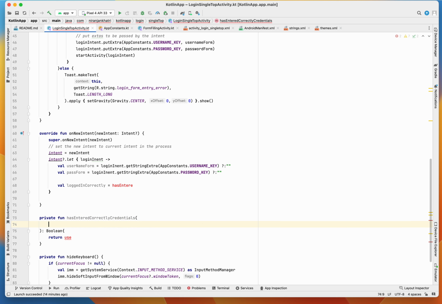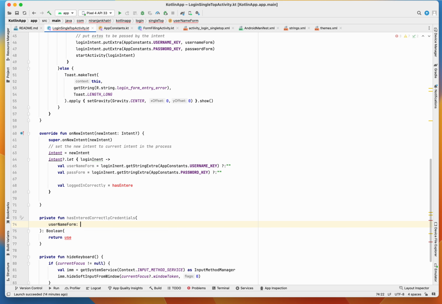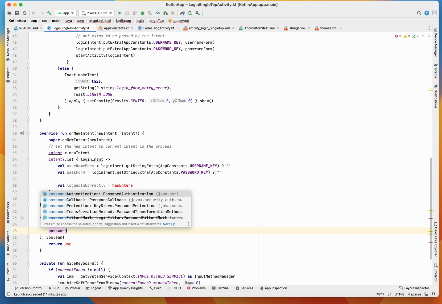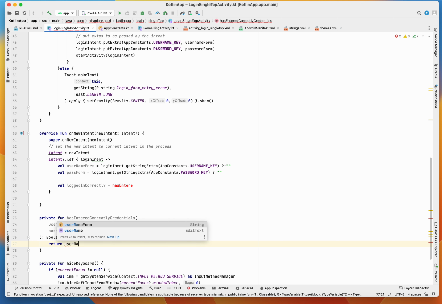So actually we have to pass in the values, username from the form and password from the form. These are both strings, and we just have to check if the username